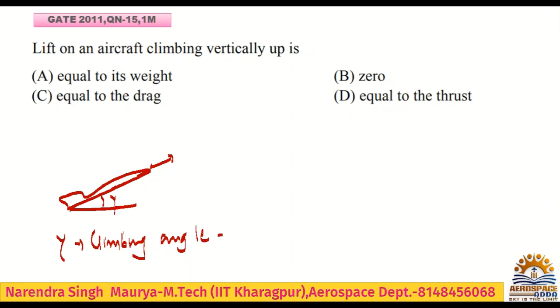So that gamma can be anything. I mean 10 degree, 15 degree, 12 degree, 18 degree, 7 degree, anything. But here, this is the climbing of a climbing flight with a given angle gamma. But here it is clearly mentioned it is vertically up. So what is the meaning of vertically up? Vertically up means, see,